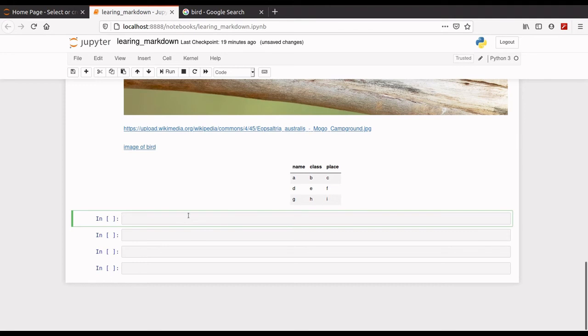So let's see how to highlight a text. This is highlighted text.